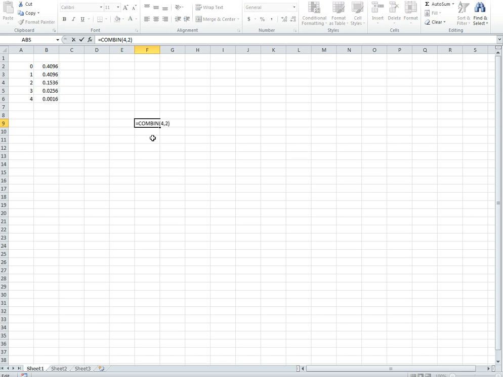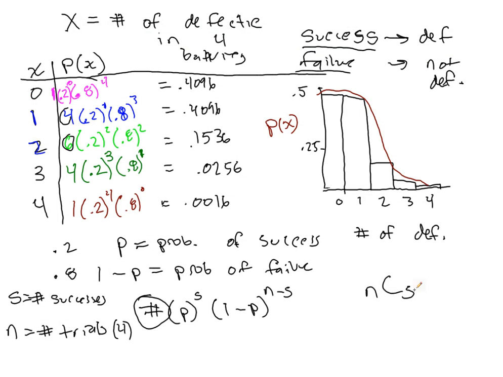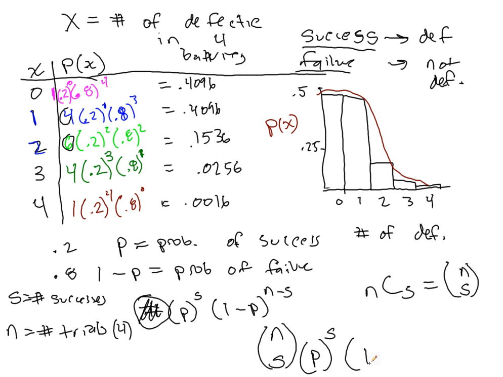These are called binomial coefficients, and most of the time, instead of writing it this way, we would write it n choose s. So these are identical notations. So I'm going to replace this number sign here with n combination s. That's the number of ways you could get 0, 1, 2, 3, or 4 successes. Probability of a success raised to the power of the number of successes. 1 minus p, so the probability of a failure, raised to the power of the number of failures. So really this is a more complicated looking form of what we actually did here, but it's a nice shortcut. So this is the probability that x equals